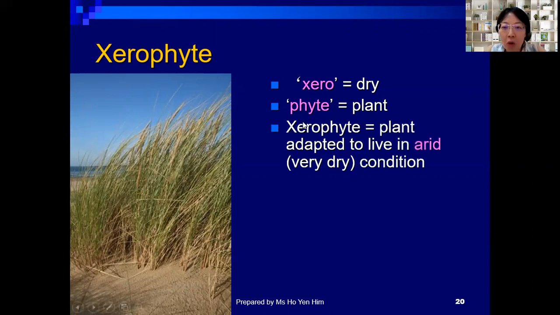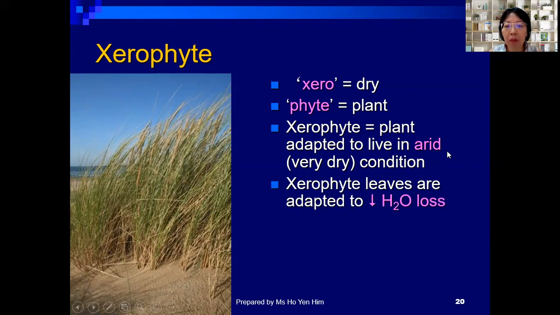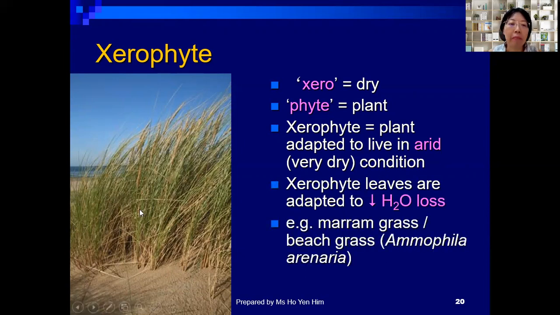So xerophytes are plants that are adapted to live in arid. Arid means very dry condition. I want to introduce you the term arid so you know it's very dry condition. Therefore the leaves are adapted to reduce water loss, like marram grass in this photo here. They are the beach grass that you can see when you go to the beach, and their species name